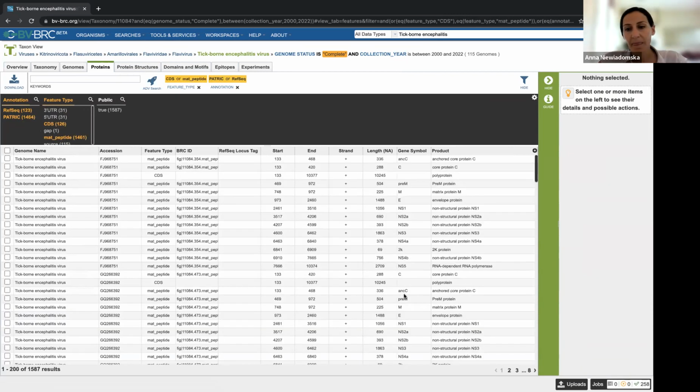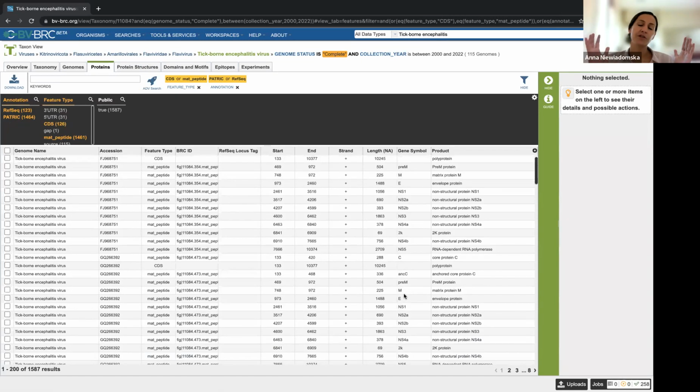So not only can you find information on that one long polyprotein chunk, but we also use peptide prediction tools to give you an